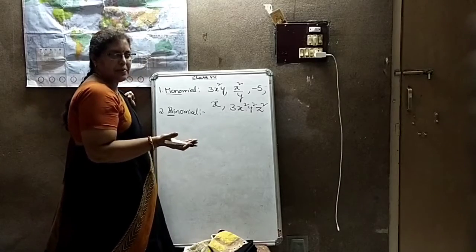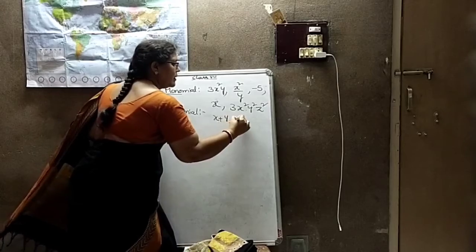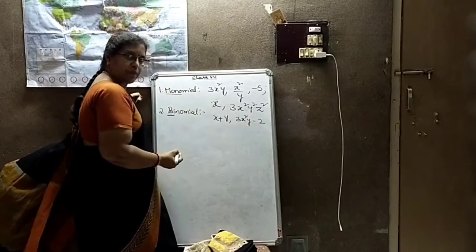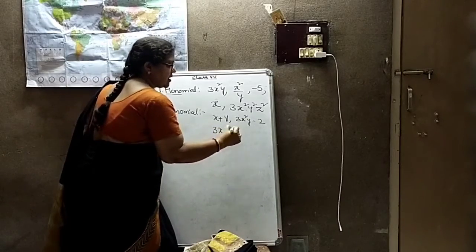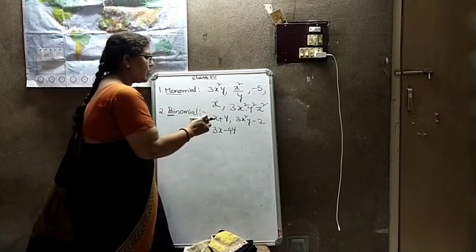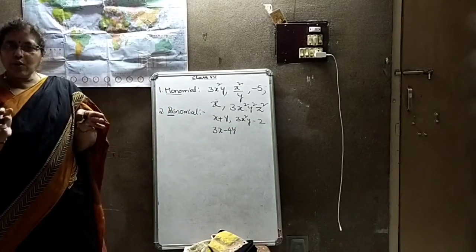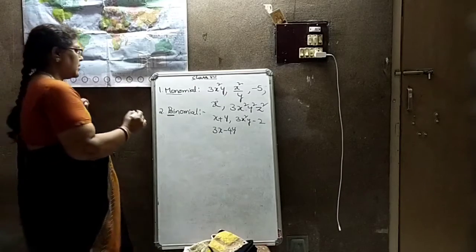So x plus y, 3x square y minus 2, 3x minus 4y. These are all called binomials. Bi means what? Two terms. Binomial. The third one is